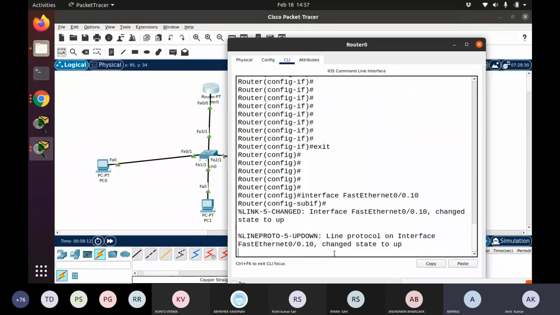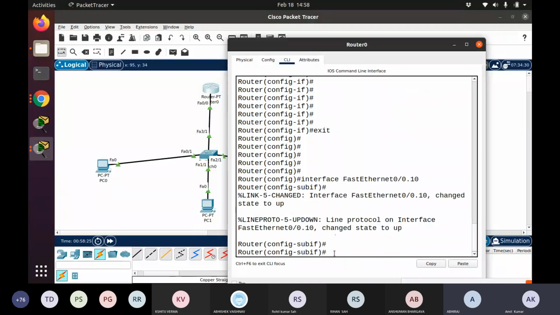Now we can see, interface fast Ethernet 0/0 changes state to up. Line protocol on fast Ethernet changes state to up. Now we are in the mode of configuring the sub interface of the router which we have created. So now we'll write again. I should exit from here. Again, I will write interface